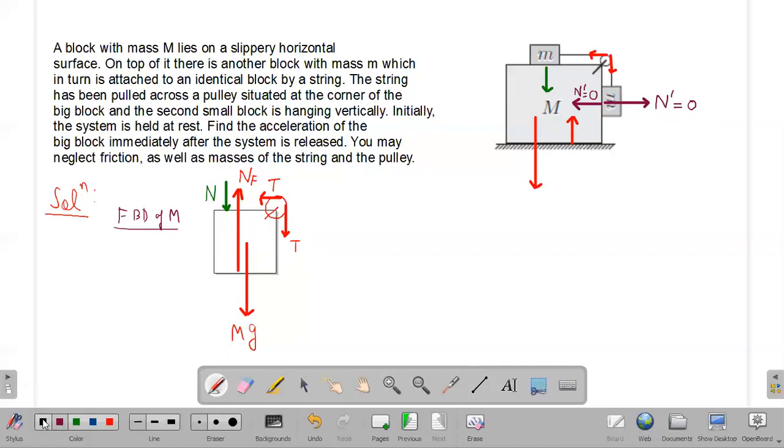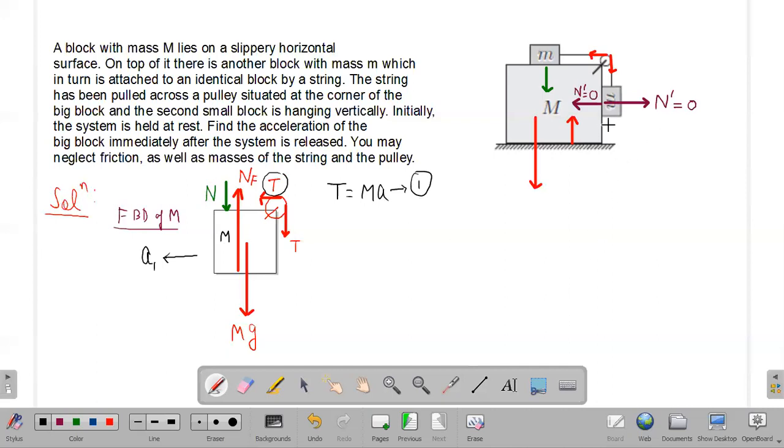And under these forces, this capital M mass will obviously accelerate towards the left side. Let us call this acceleration A1. Applying Newton's law equations, I can write down that the horizontal force on this mass capital M is just this capital T. All other forces are vertical forces, and there is no motion of capital M in the vertical direction. Motion of capital M is in the horizontal direction, and the only horizontal force on this mass capital M is the tension force. So you can write down that tension force will be mass M multiplied by A. That is the first equation.